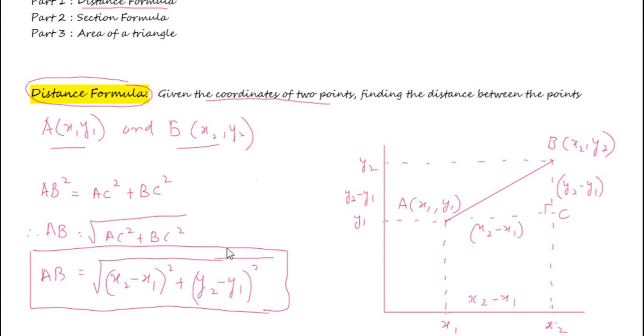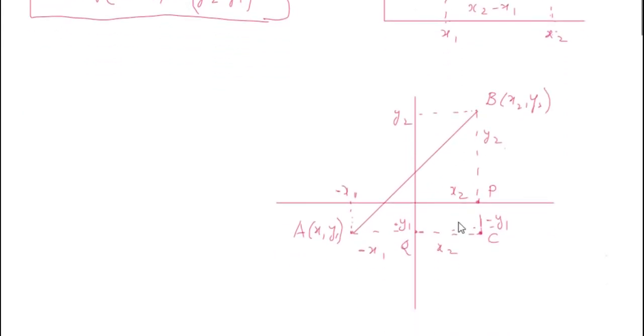Let us take one more example. Here both the points I have taken in the same quadrant. Suppose the 2 points are in 2 different quadrants. Then how does it look like? This is quadrant 1, this is 2 and this is 3. Point A is in quadrant 3 and point B is in quadrant 1. Now you know AB square equal to, that is the square of the distance between the 2 points. Now here too ABC is a right angle triangle because AC is parallel to x-axis and BC is parallel to y-axis. Angle C is 90 degree.